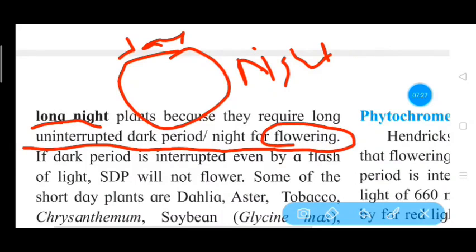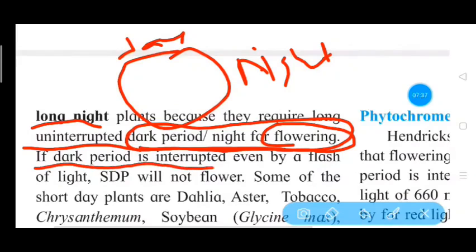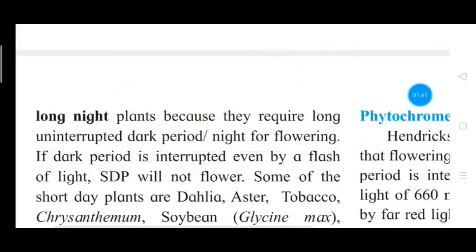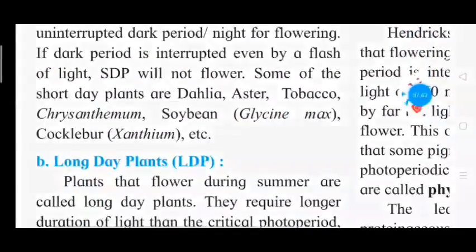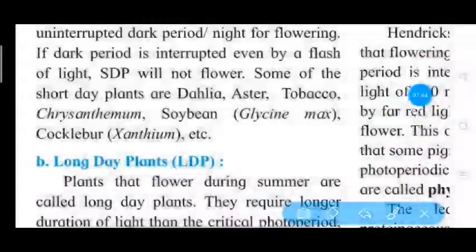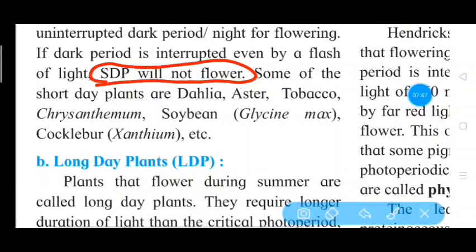This is the most important factor. They require darkness. If the dark period is interrupted even by a flash of light, the short day plant will not flower. This is the most important sentence. Some examples are dahlia, aster, tobacco, soybean, and